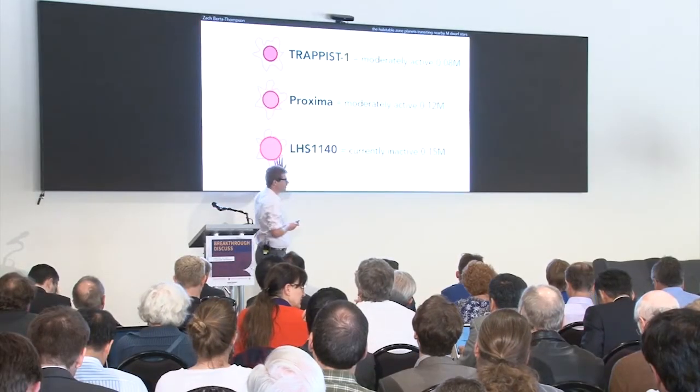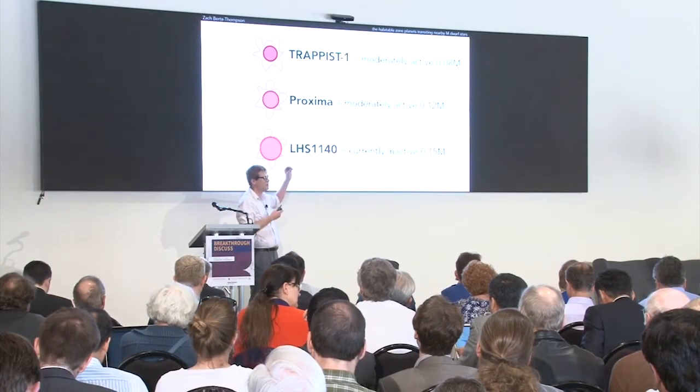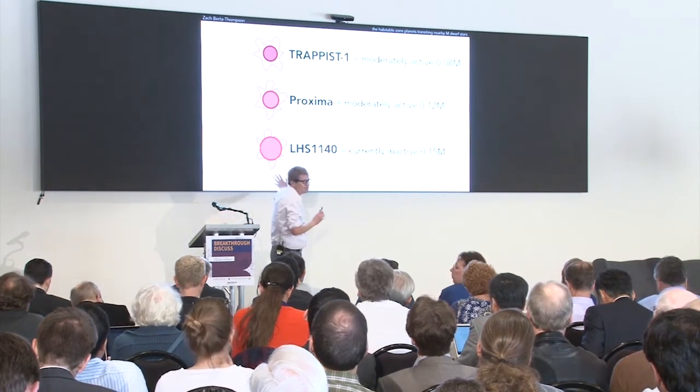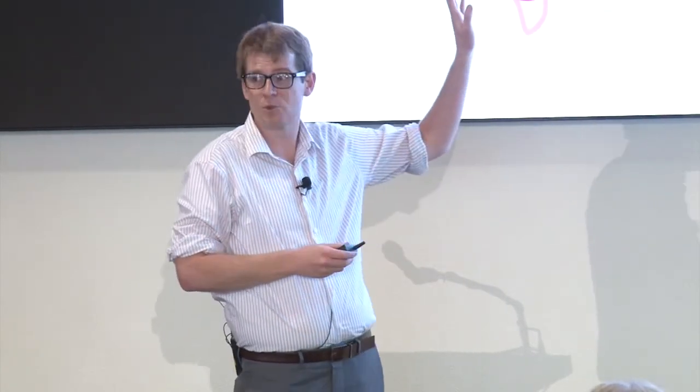Charles Alcock, CFA. You mentioned Elizabeth Newton's work. Do you have age ranges or estimates for these 3 systems? So ages for M-dwarfs are extraordinarily difficult to measure. For LHS 1140, from its very long rotation period, matched to galactic kinematics in a statistical sense, this is probably 5 gigayears-ish or older. For Proxima and TRAPPIST-1,